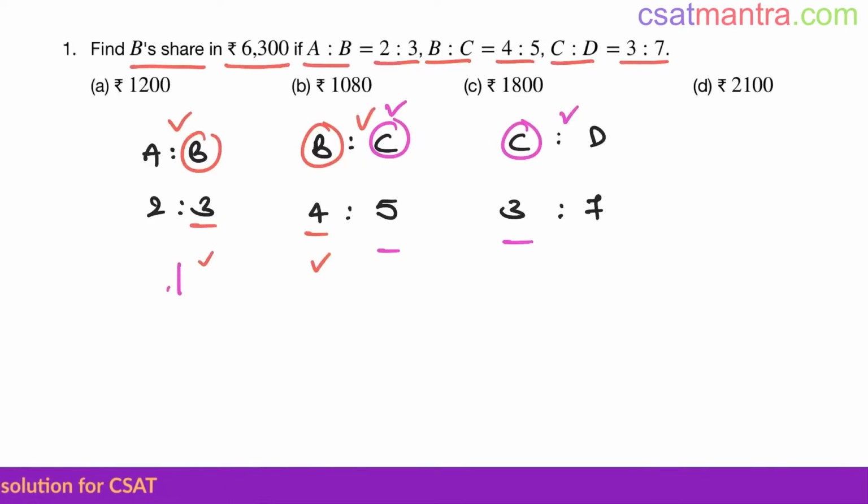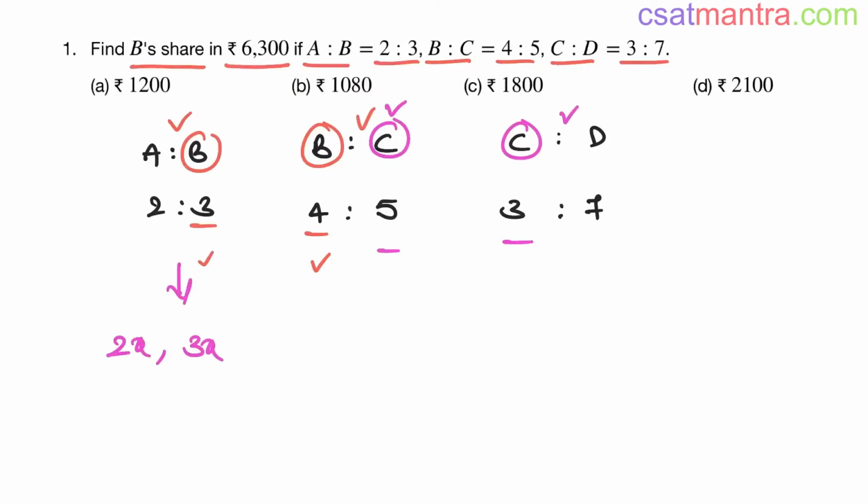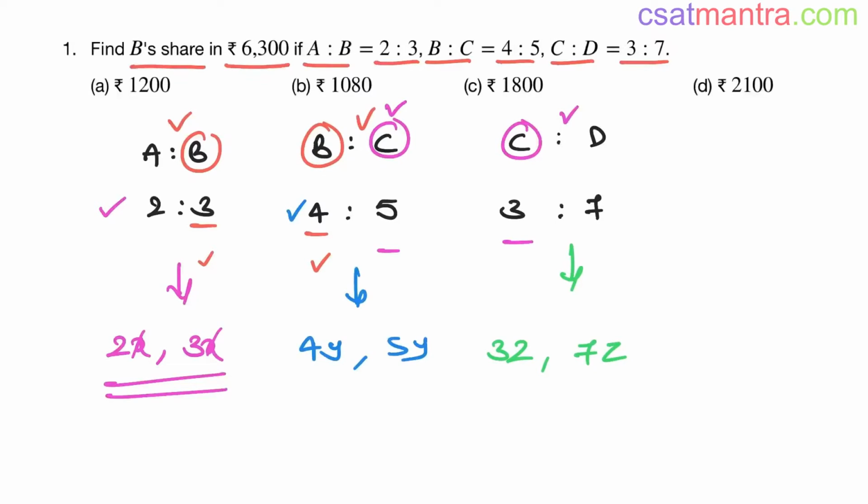Now see, the meaning of this ratio is A is in the form of 2x, B is in the form of 3x. Okay, 2x by 3x, x gets cancelled, their ratio is 2 is to 3. So A and B will be in this form. This is a different ratio, right? You will have B and C in the form of 4y, 5y. Y gets cancelled, so their ratio will be 4 is to 5. This is another ratio. Here C and D will be in the form of 3z and 7z. Their ratio will be 3 is to 7. Kindly get this, every ratio has a different variable. Here x, here y, here z, my friends.